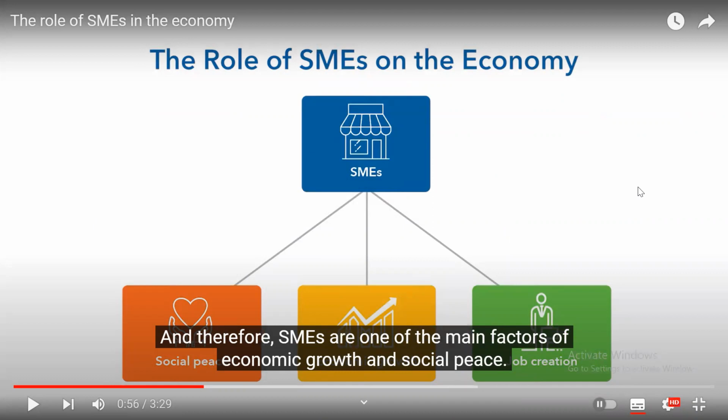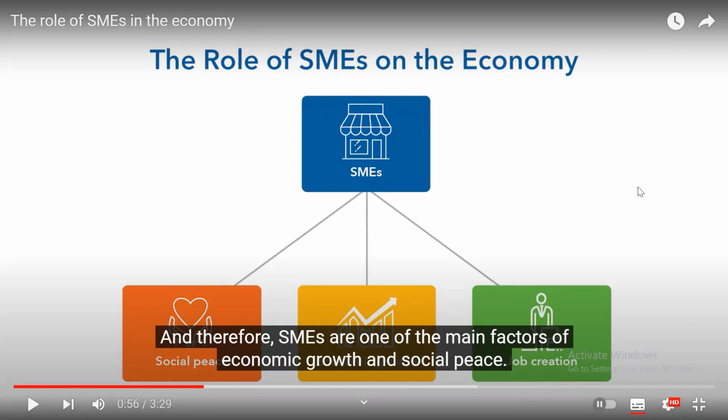So let me bring it here. Normally when it comes to SMEs, they will be creating jobs for the employees, for the potential labor in the country. So it is really important that you know why we are having these SMEs and what is the importance of giving proper knowledge about management for the SMEs. That is what we are going to learn under the significance of management. I will be coming into that.